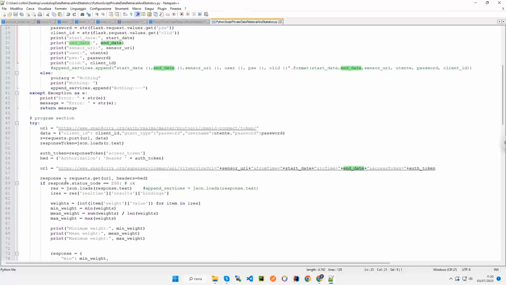So we compose our request.get with the URL and the new header, with also the authentication token, access token. If the response goes well with the code 200,